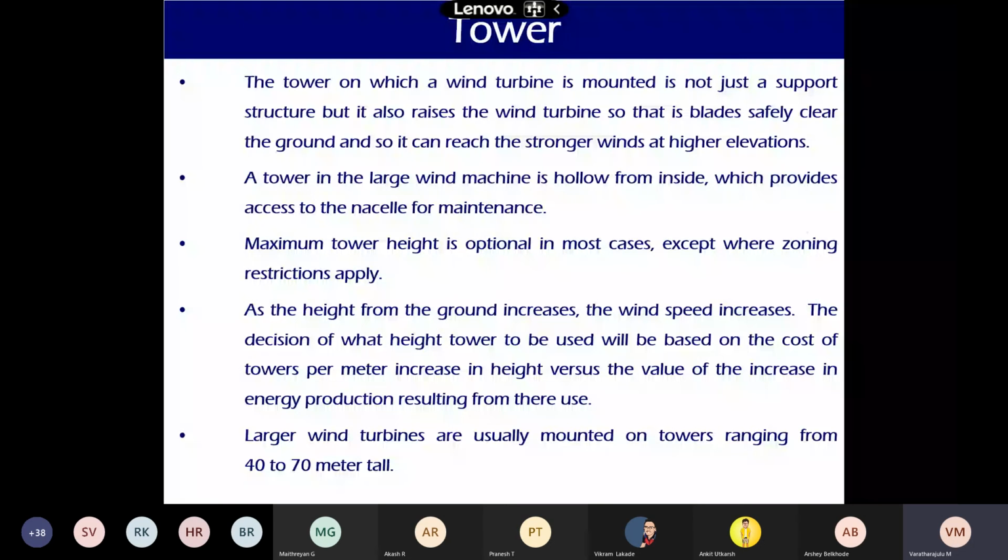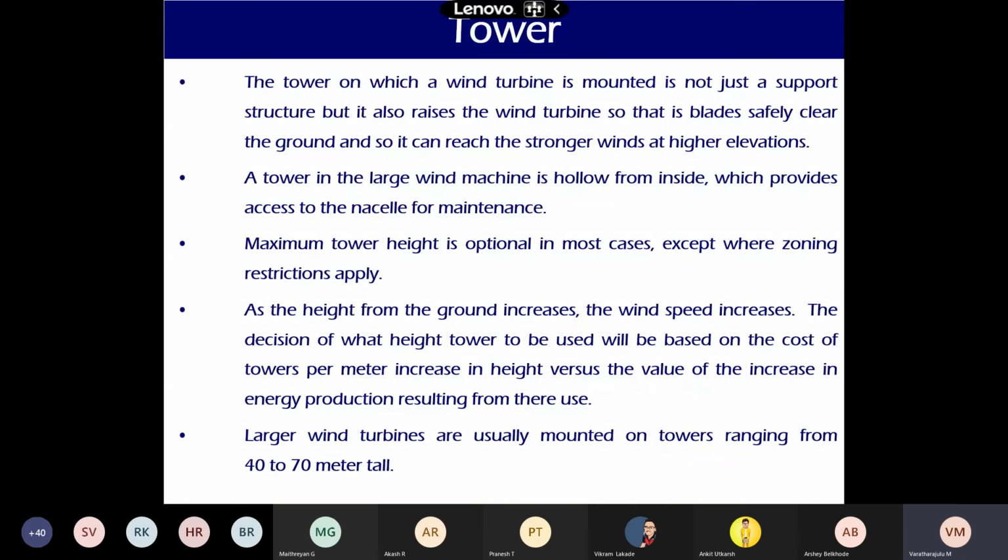As the height from the ground increases, usually the wind speed increases. The decision of what height tower to use will be based on the cost of the tower per meter, which increases with height, versus the value of the increase in the energy production resulting from that use. And a typical example of various turbines: the single blade turbine, the double blade,